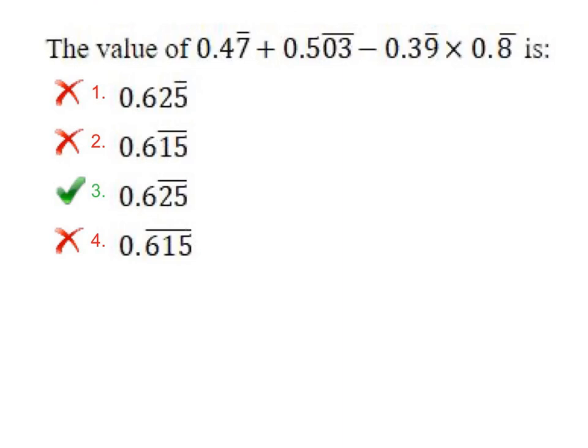So first look at the second part of this expression, 0.39 bar. If you cut this 9 bar, add 1 here, it becomes 0.4 into 0.8 bar. 4 by 10 into 8 by 9, 32 by 90. I can write this as divided by 9, so it becomes 3, 27 is gone, remaining is 5. 5 by 9 is 5 bar divided by 10. So I am writing it as 0.3 bar on 5.